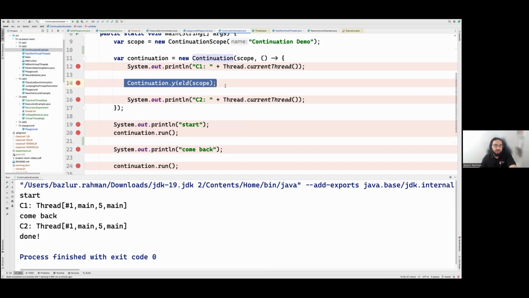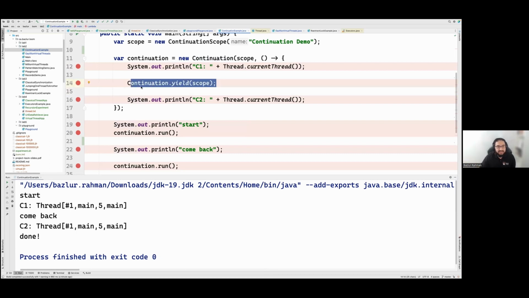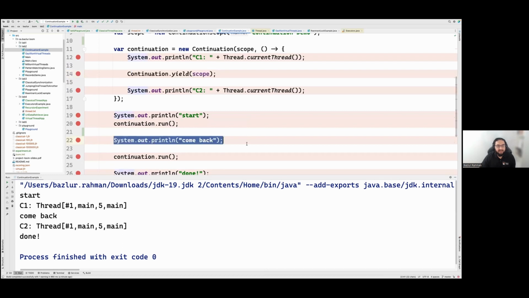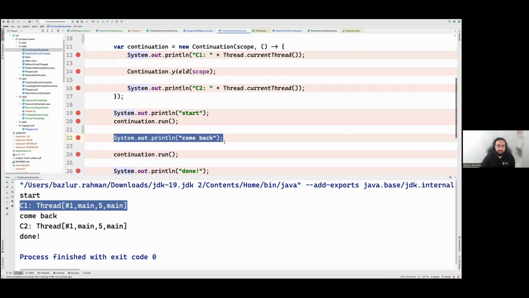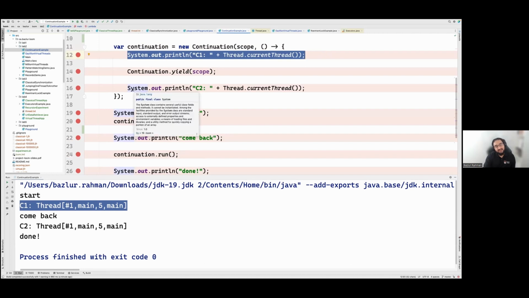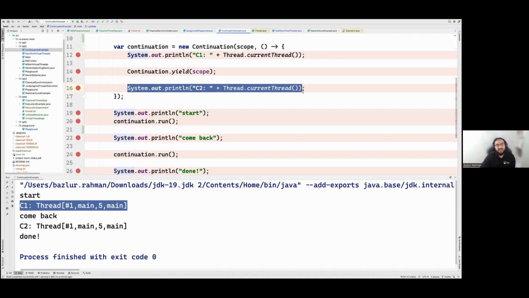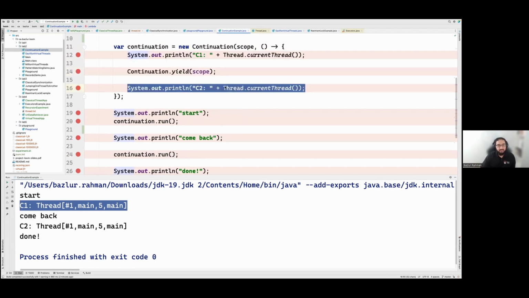So we get out from this execution, since we called continuation.yield, which suspended the execution. Basically, it should execute the whole three lines, right? But over here, when we call this method, it suspended the execution and came immediately over here. So it was able to execute the first line and then came over here. And then when we call this again, it didn't start from the beginning. It started from where it got suspended, over here. It already executed the first two lines, so it doesn't need to execute them again. Rather, it starts immediately from this line.